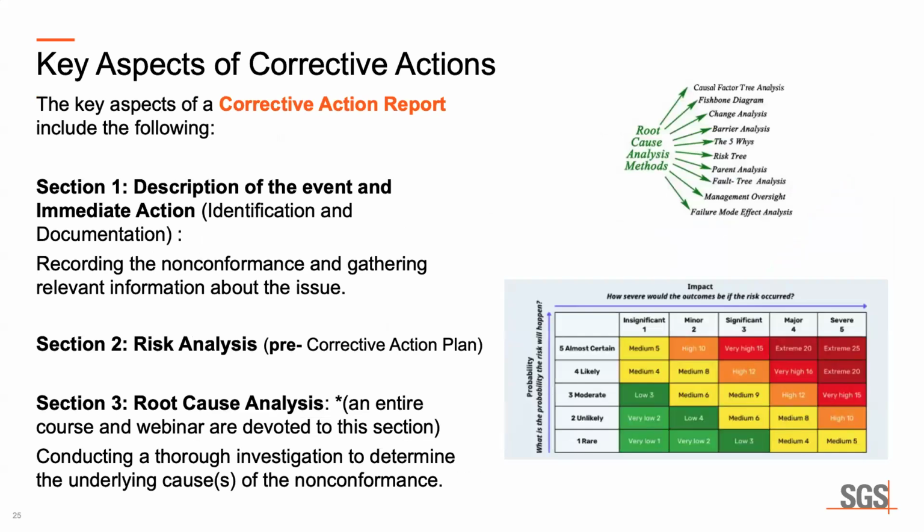When we're looking at key aspects of corrective actions, one of the things I've noticed organizations do is say, we're going to use an FMEA, or we're going to use only the 5 whys. What I encourage you to do, whenever you are trying to determine what occurred and why, is give people the option to choose how they're going to investigate the problem. Do they feel comfortable using a 5 whys? Do they feel comfortable using failure modes effects analysis, for all my engineers out there? Do they feel comfortable using a fishbone diagram?